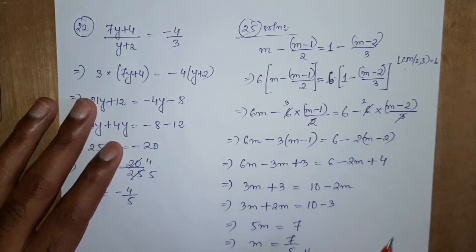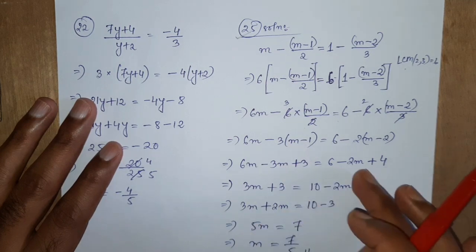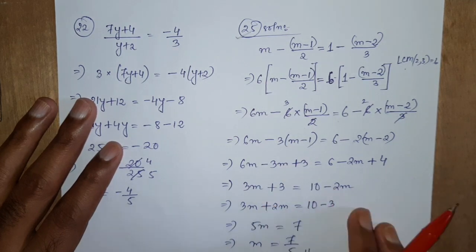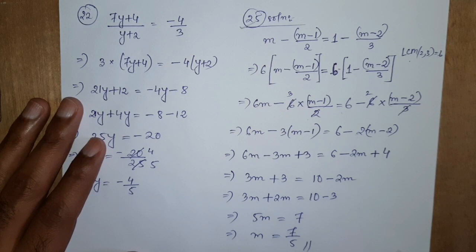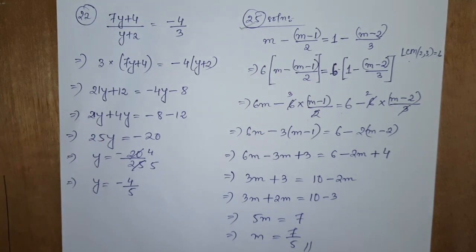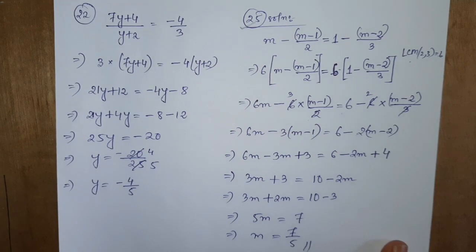So the rest is all the same. Bringing like terms, 3m, 6 6 minus 3 3, 2m again here, brought like terms, okay. In this manner, 10 minus 3 is 7, m equal to 7 by 5, okay. So this is how you should do. If you see other problems also, with whatever mathematical way is suitable, we use it and we find out the solution.